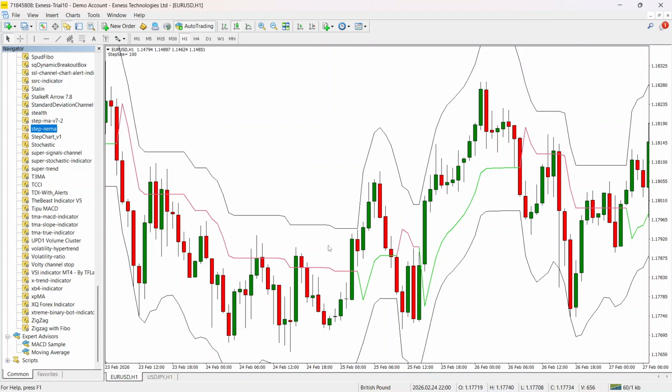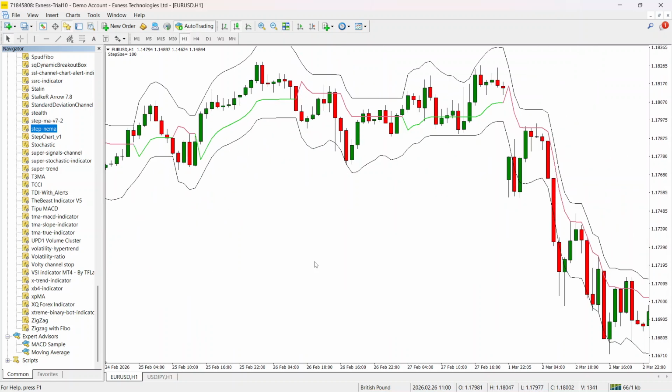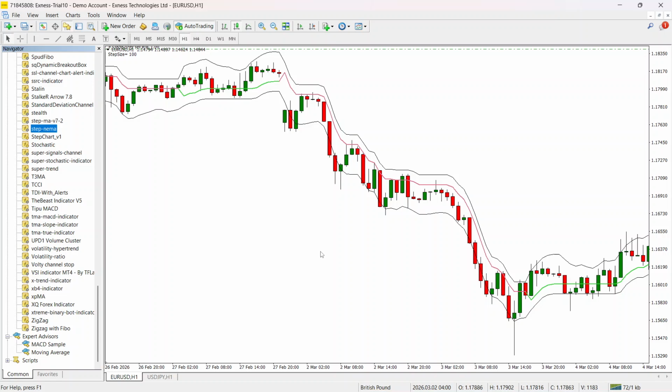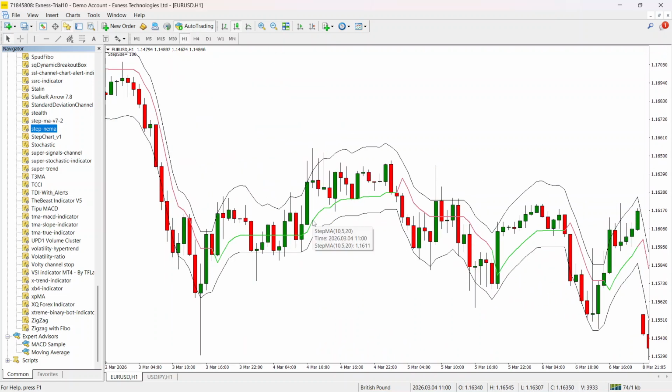Now the Step Nema Indicator plots a line on the price chart that moves in steps, as you can see over here. The step line represents a smoothed view of price which advances or declines in wave-like segments. When the Step Nema line is moving up, it visually implies a bullish trend, as we see here, and when it is moving down,